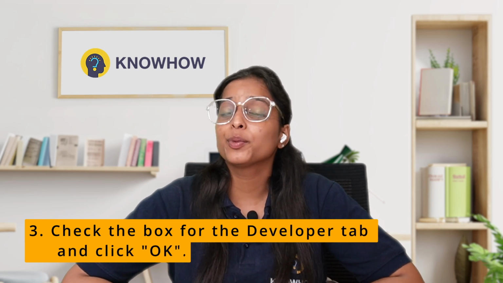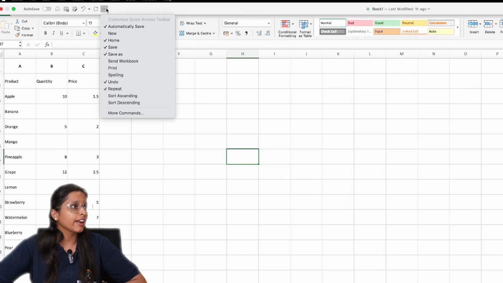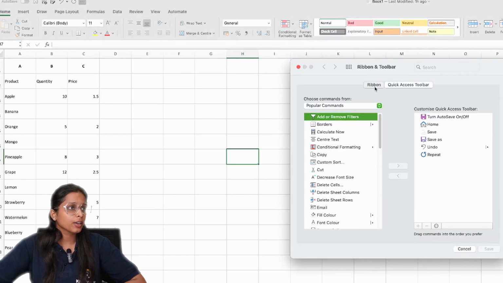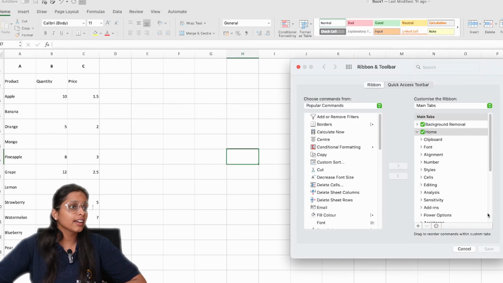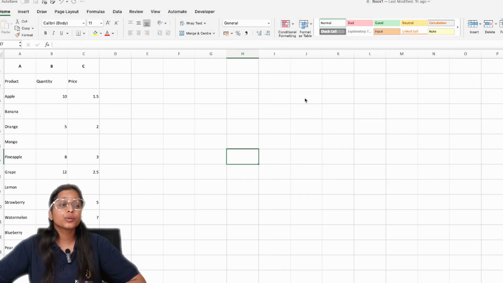This is how simply you can enable your Developer tab. And if you are using a Mac, then in Excel there are three dots right here. You can go to More Commands, then Ribbon, and at the end there is a Developer tab. You can save it. Now you can see it is visible here.